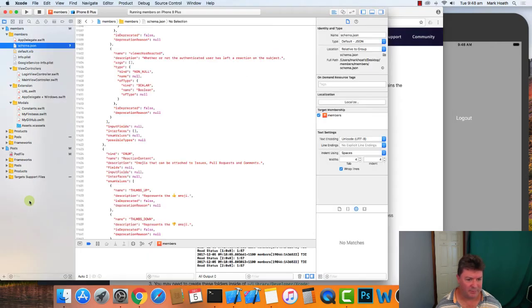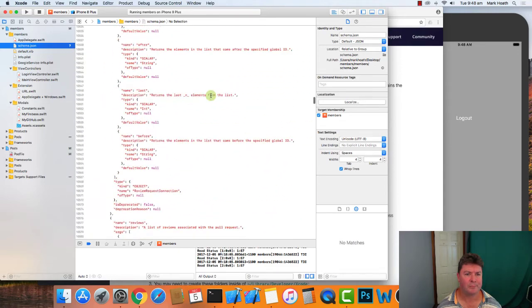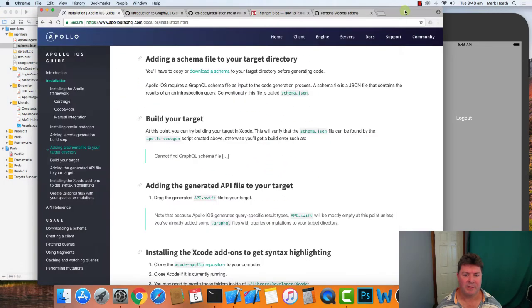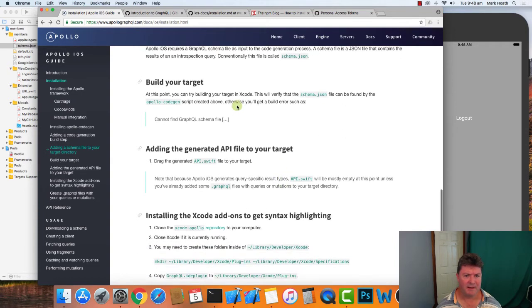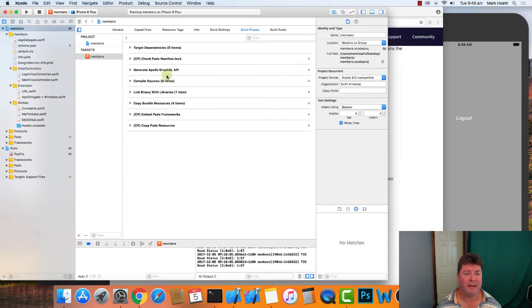So we can build. So let's build, see what happens. Okay, so that's looking good. So once we've built the application, it's going to be running this build phase that generates the Apollo GraphQL API. And now if we look